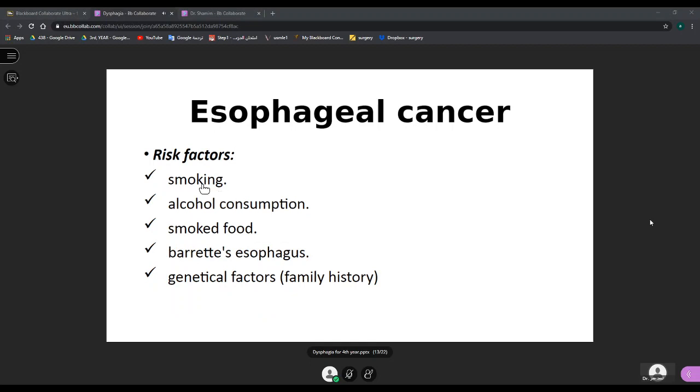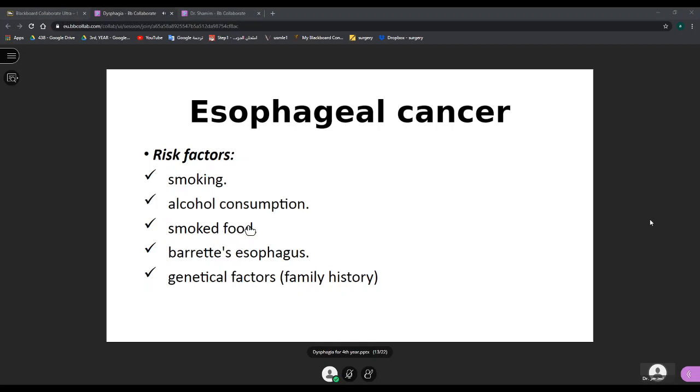Again, if you are evaluating a patient who has esophageal dysphagia and you suspect esophageal cancer, then as part of your clinical evaluation you have to go through the risk factors. These, which you can see in the slide, are the most important underlying causes of esophageal cancer. Smoking is one of the most important risk factors. Alcohol consumption,